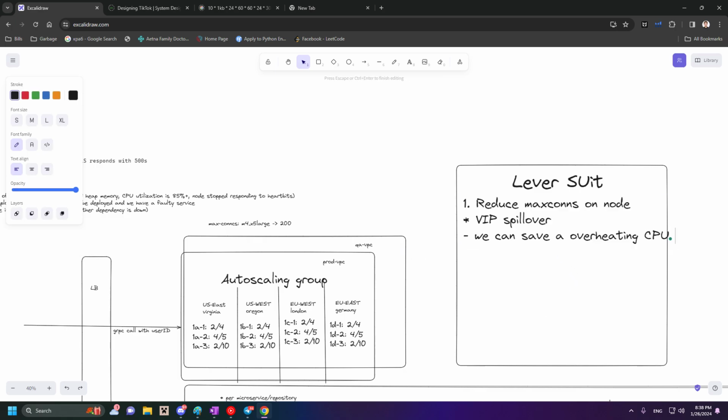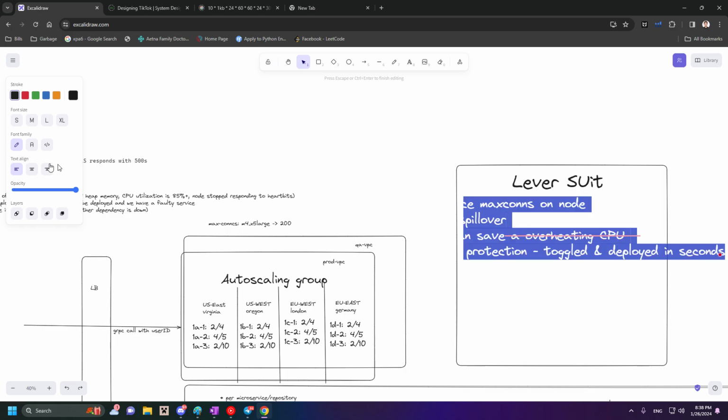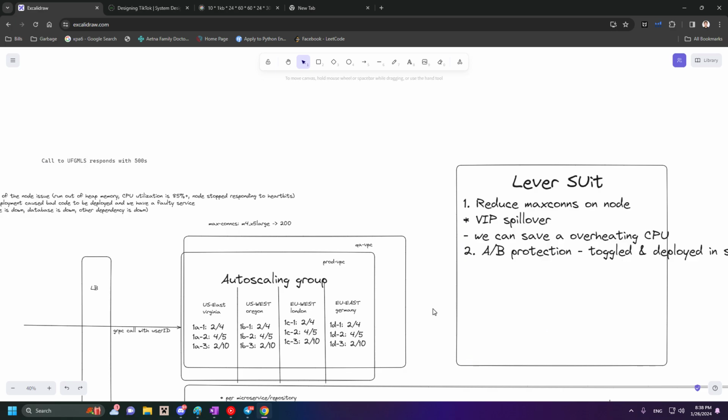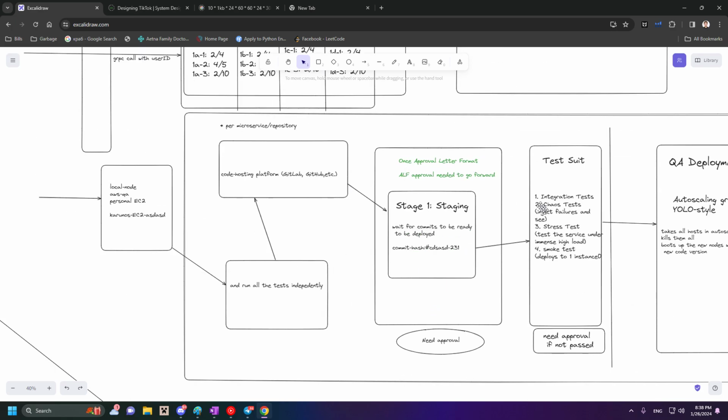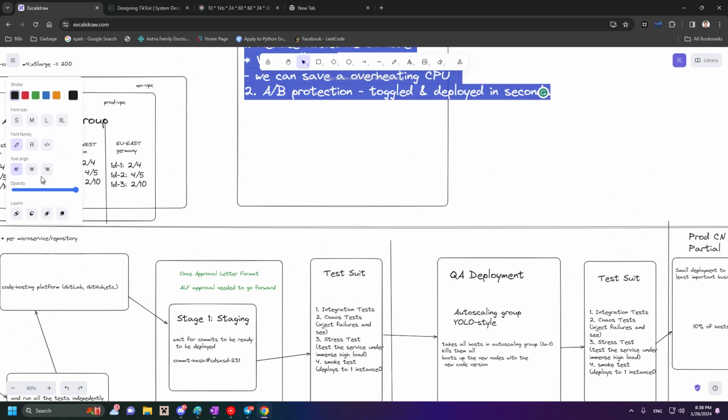Another thing we can add to our lever suite is AB protection. AB protection basically means we will deploy some portions of our application behind an AB flag, and that can be toggled and deployed in seconds. So how that exactly works is that instead of us having to deploy and go through LFP approval to do a full suite deployment of the entire application, the AB protection will allow us to